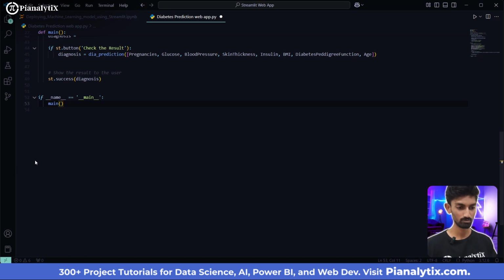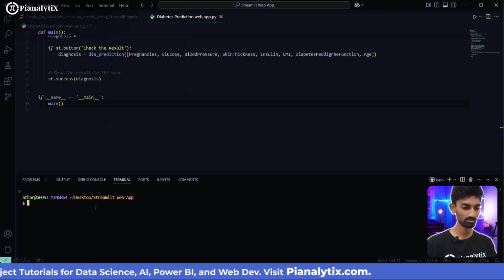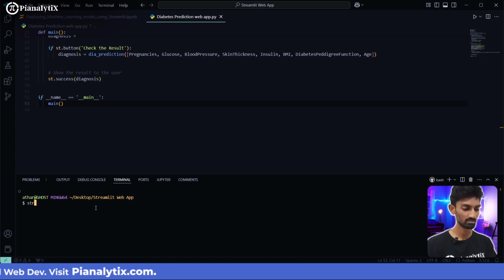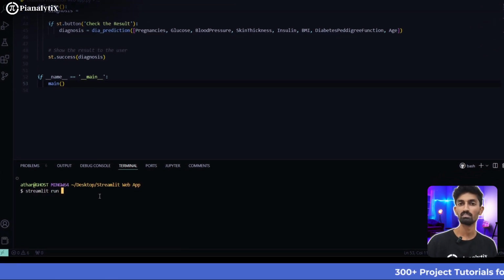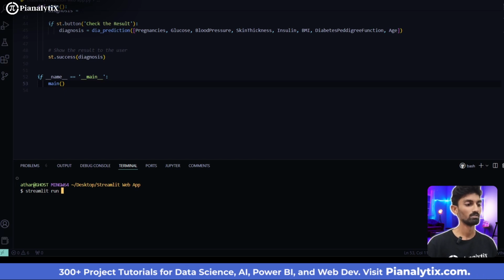Okay, so now what we'll do is we will save the file and open a new terminal. After opening a new terminal, we will type streamlit run. This runs a file. This allows us to run an app. So now we will generally just call this function using the terminal. So streamlit run,